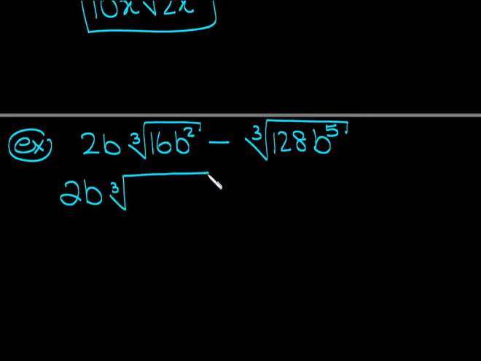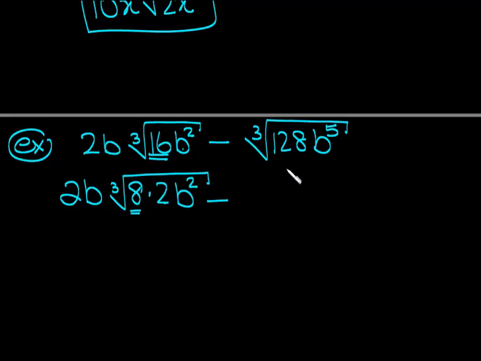16 is not a perfect cube. Can I write it as a product of two numbers where one of them is? It's 8 times 2 because 8 is a perfect cube. The power here is 2, the index is 3. There's no way I can make that a 3 since it's already less than 3, so we'll leave it alone. Minus, okay,